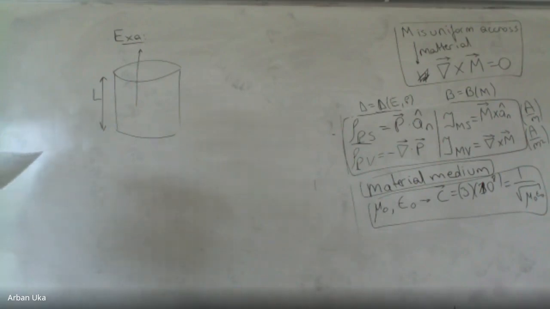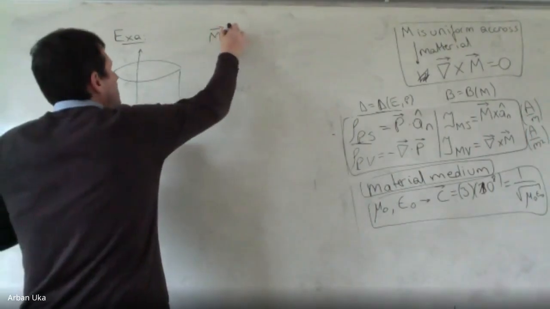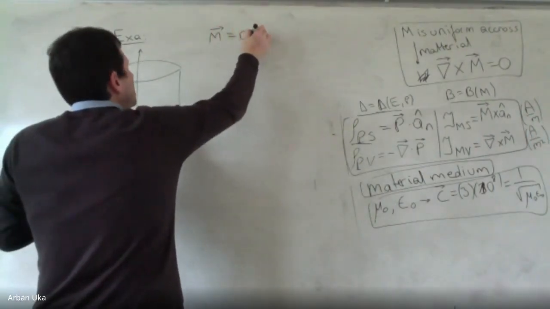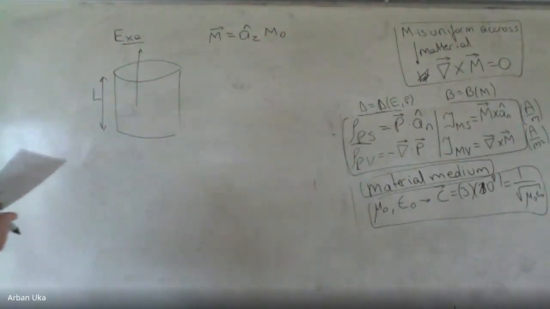So the magnetization is equal to a_z times M0. Given this axial magnetization a_z M0, the question is to find the magnetic field flux on the axis,